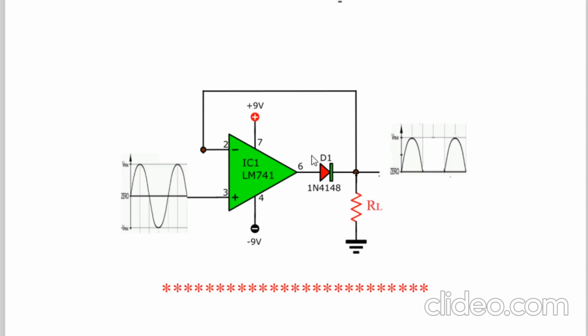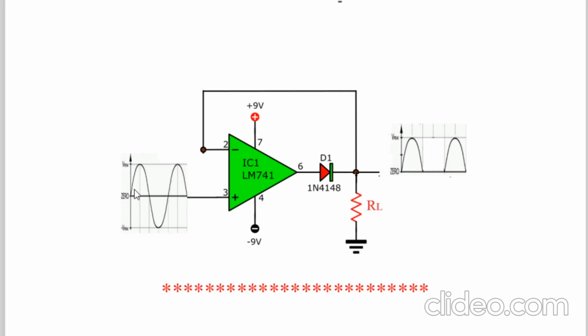Also, the role of the op-amp is very important. It is used as a comparator. So it compares the two values and immediately forces its output to go to LVL or to go to HVL. During the positive half cycle, the instant at which the input signal goes just above about 10 millivolt, the output will go to HVL, the diode will start conducting, and the entire circuit will behave as a unity gain amplifier. And therefore, the input of 10 millivolt will also pass to the output, because unity gain amplifier means V out is equal to V in.